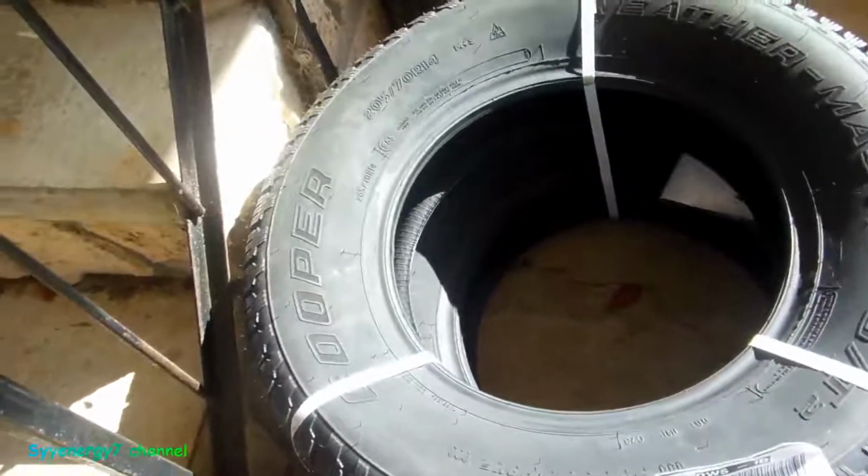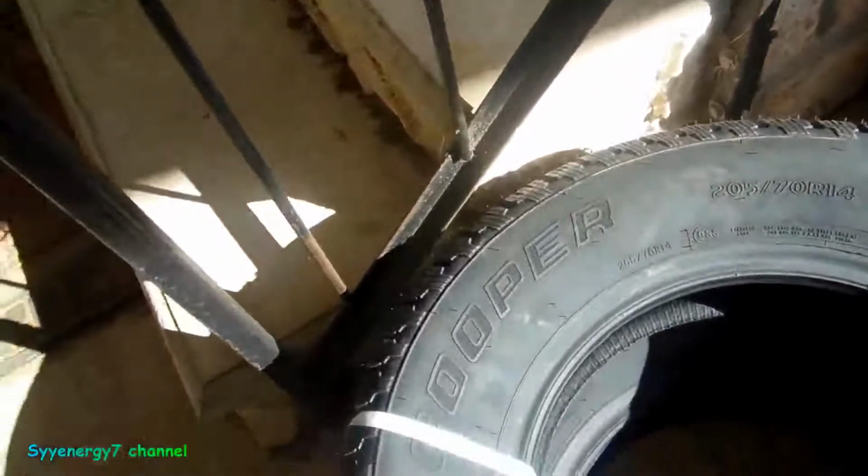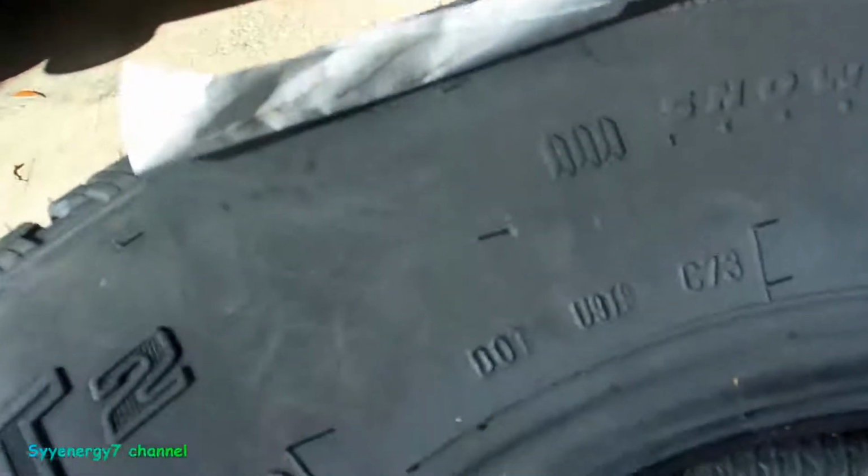Well, I just got my Cooper snow tires in. These are made in USA, American company. Not too many around like that, right? And the way I know this for a fact is if you look, so if you can see that,